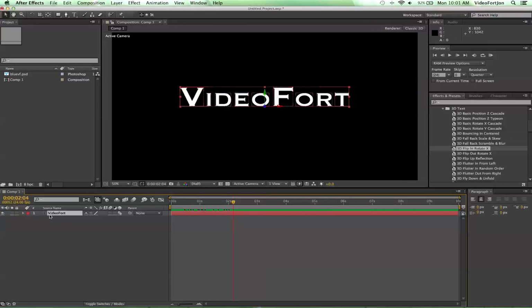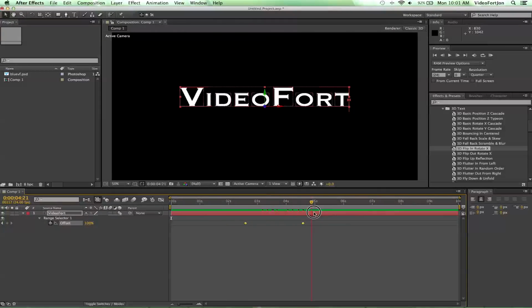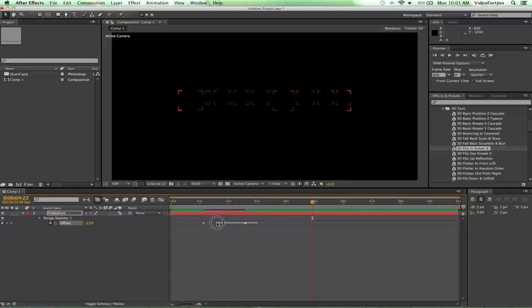And with our VideoFort layer selected, if we hit the letter U on our keyboard, that'll bring up all the keyframes for this layer, which is pretty much the animation that we just did. So these are the keyframes for that animation. And if we want to change where this animation happens, we can move it down. And now the animation is not going to start until later on. Or let's say we want the animation to be switched so that it flips inwards. We can do that. Move these back to the beginning